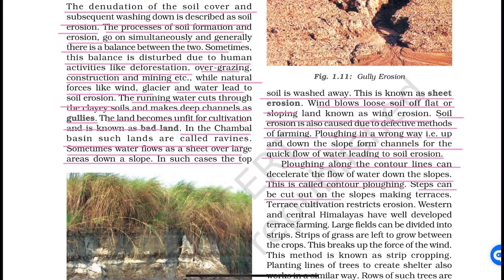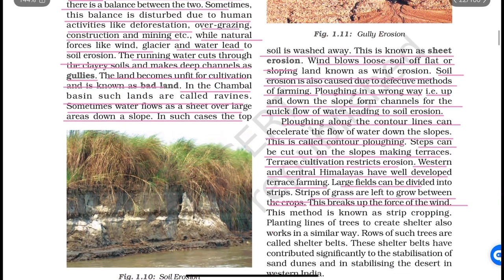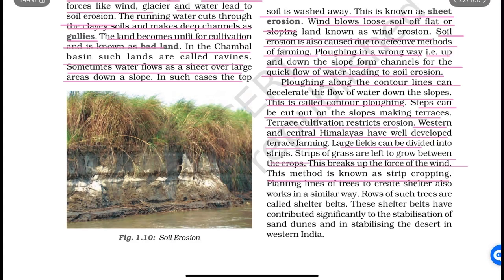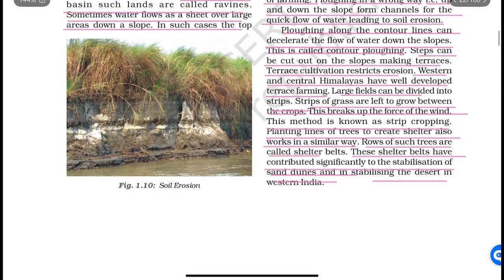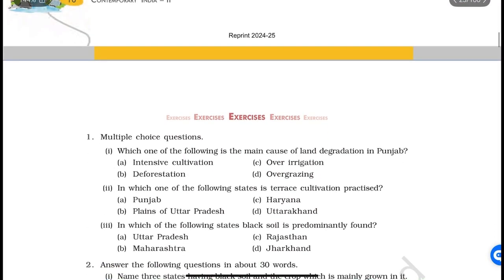Steps can be cut out on the slopes, making terraces. Terrace cultivation restricts erosion. Western and central Himalayas have well developed terrace farming. Large fields can be divided into strips. Strips of grass are left to grow between the crops. This breaks up the force of the wind. This method is known as strip cropping. Planting lines of trees to create shelter also works in a similar way. Rows of such trees are called shelter belts. These shelter belts have contributed significantly to the stabilization of sand dunes and in stabilizing the desert in western India. And hence your chapter is finished. Thanks for